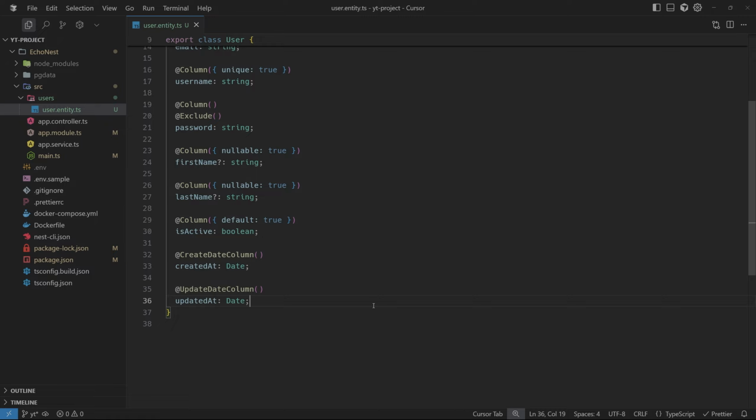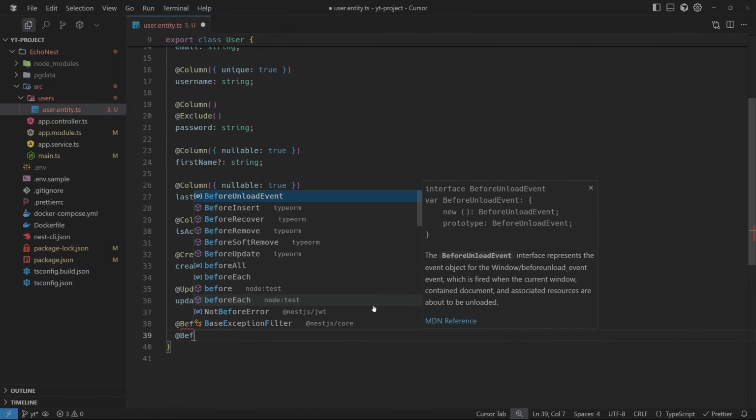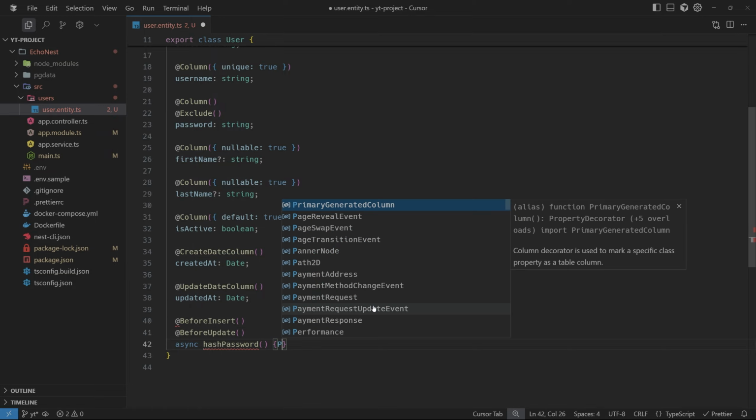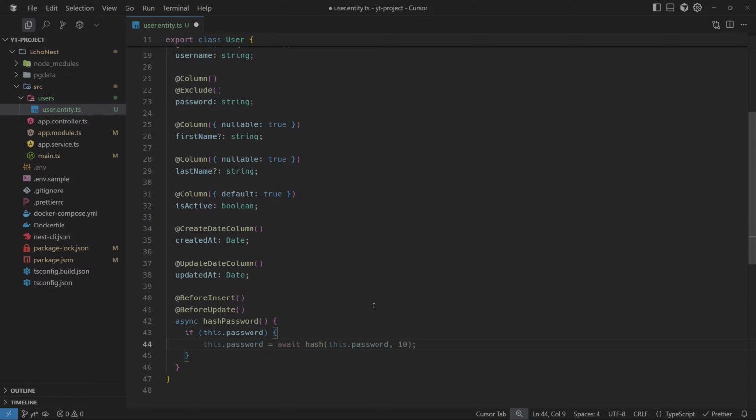But before going any further to write our business logic and module, we need to do a bunch of other things as well in this file. So before updating and creating our passwords, we need to hash them, right? So let's go ahead and say before insert and before update, we're going to do something called hash password. You can name this function whatever you want. If password exists, is actually not null, we're going to use something called salt